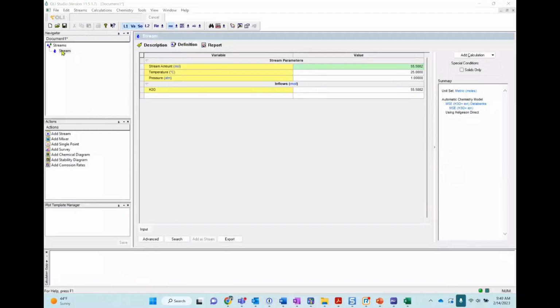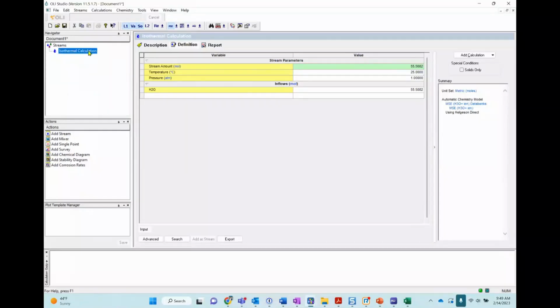You also have a new stream icon here. This icon is going to incorporate all the parameters, chemistry, conditions, everything. And we can always rename it, by double clicking on it, or by right clicking on it and clicking rename. So let's rename this isothermal calculations.